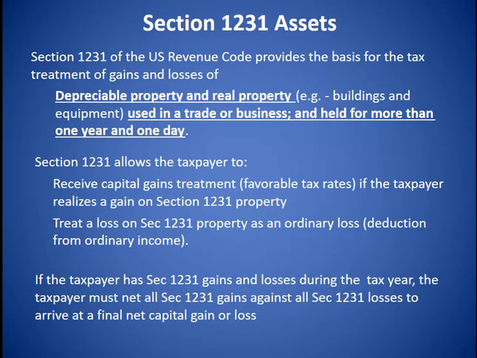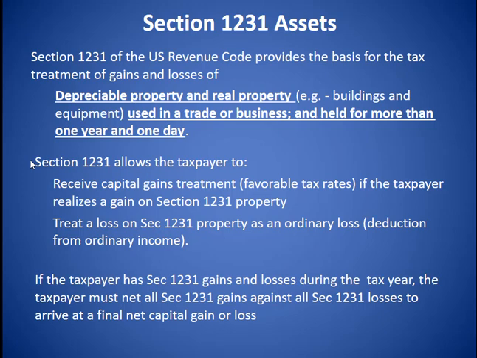So let's dive a little bit deeper into Section 1231 assets. Now, Section 1231 of the U.S. Revenue Code provides a basis for the tax treatment of gains and losses of, again, depreciable property and real property, buildings and equipment, used in a trade or business and held for more than 1 year and 1 day. Section 1231 allows a taxpayer to receive capital gains treatment, and generally that's going to be a favorable tax rate if